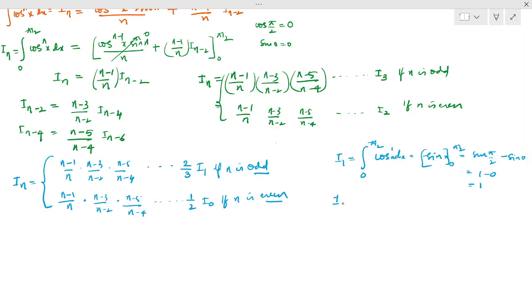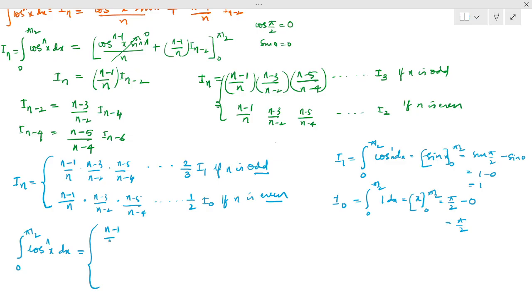Similarly, find out I0, which is the integral from 0 to pi by 2 of cos raised to 0, which is just 1, into dx. Integration of 1 with respect to x is x between 0 to pi by 2. Substitute upper limit minus lower limit, you will get pi by 2. So finally, write I_n. What does I_n stand for? Integral from 0 to pi by 2 of cos power n x dx is equal to